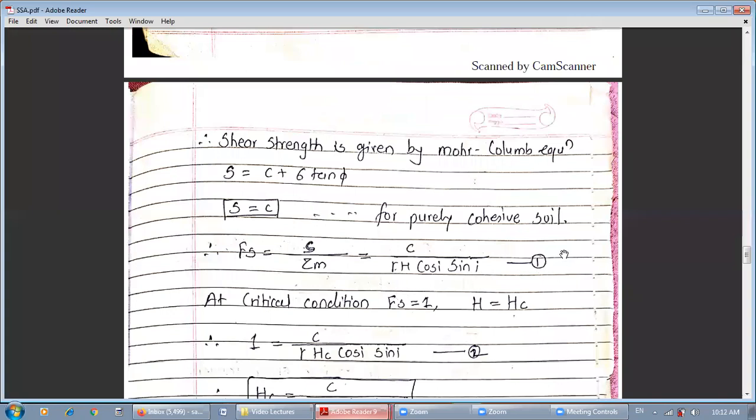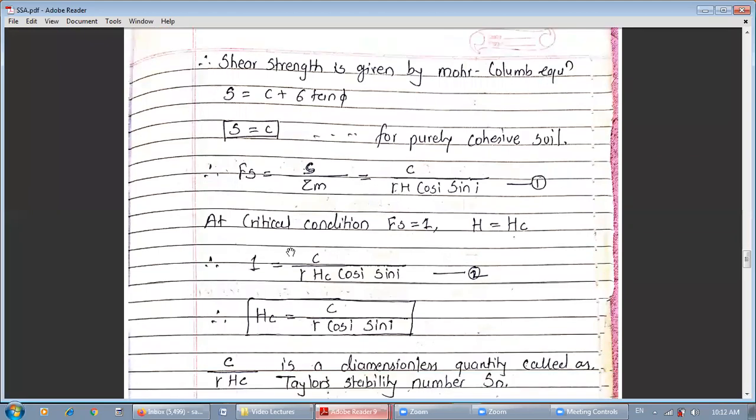So this is the first equation that we got from the shear strength equation for the purely cohesive soil. Factor of safety is equal to C divided by gamma H cos i sin i. For the critical stable condition, we can say factor of safety is equal to 1. When factor of safety is equal to 1, the soil is at the critical stable condition, where H